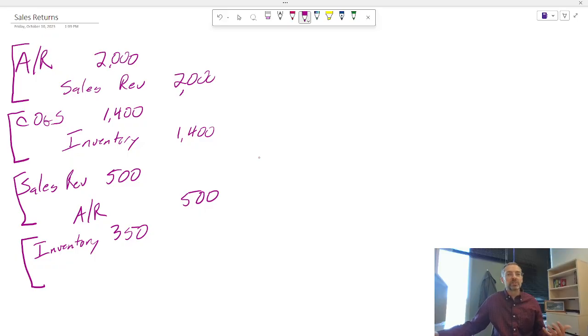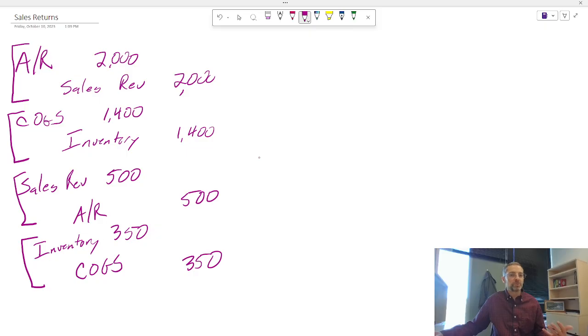That tablet originally cost us $300. It's as if we said, oh, we sent it out, but it's like, well, maybe we didn't, right? So we got this tablet back, so it's $350 back into inventory. And we are just going to reverse out this expense. We thought we had this expense, but it turns out we didn't actually have the expense.